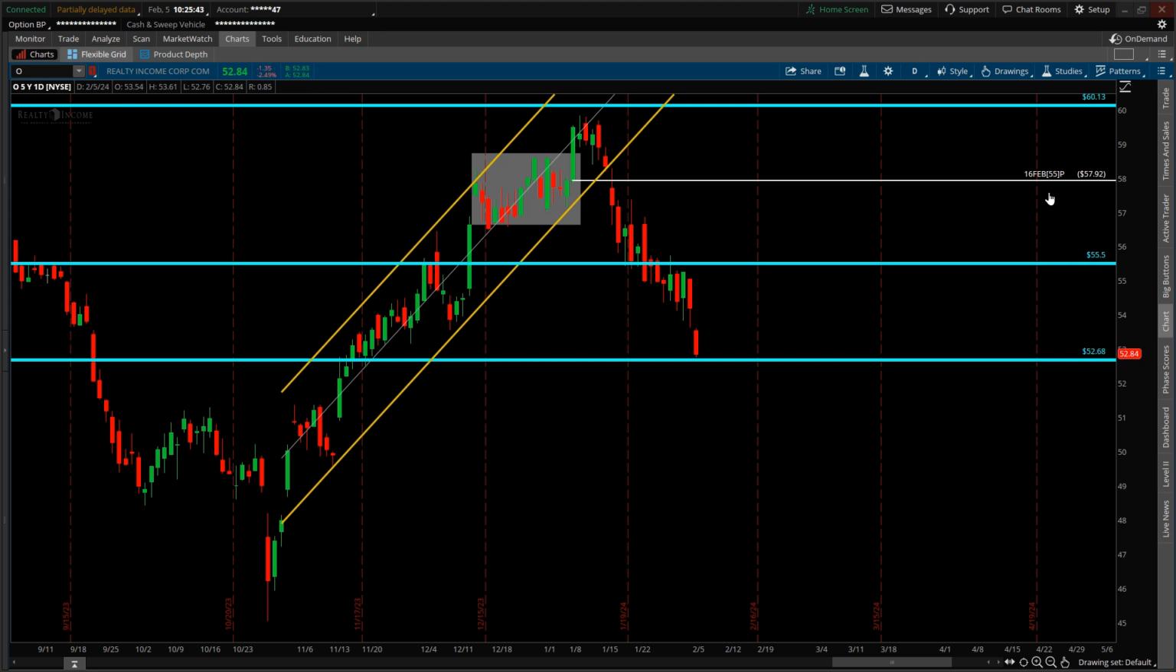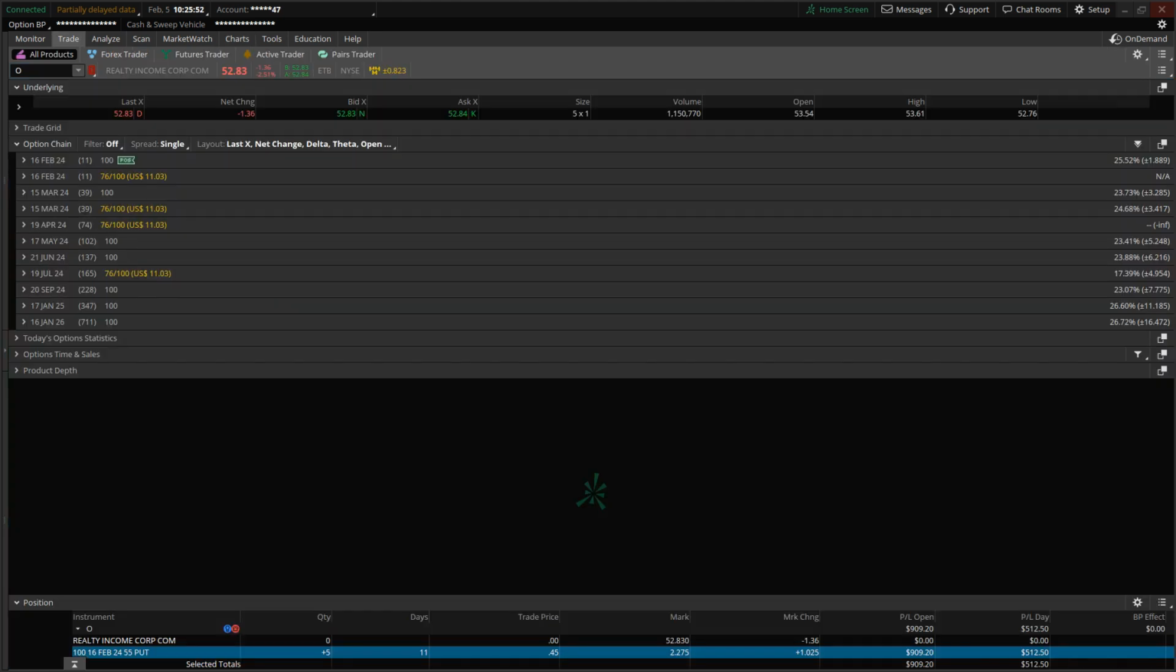As a matter of fact, if I switch over to the trade tab, the option premium is now quoted at $2.27. Again, this is all delayed data, and the P&L is reflecting a positive balance of a little over $900. So I'm going to switch over to the option chart and see if I can place an order in to close this trade out at